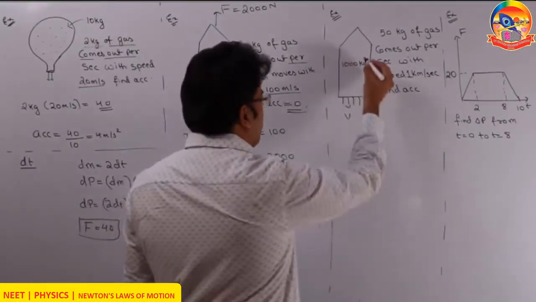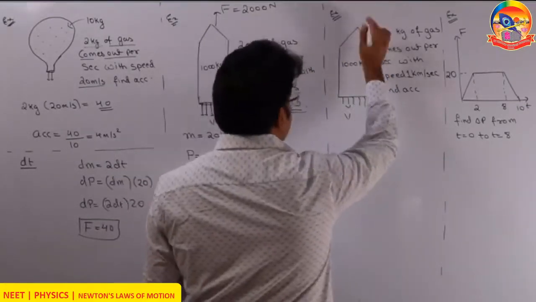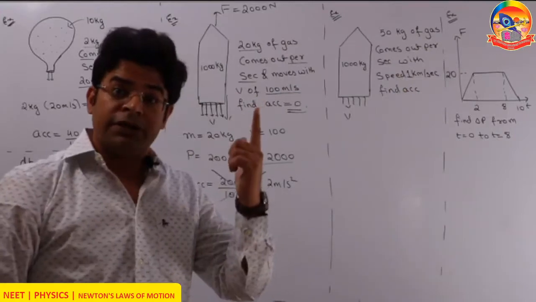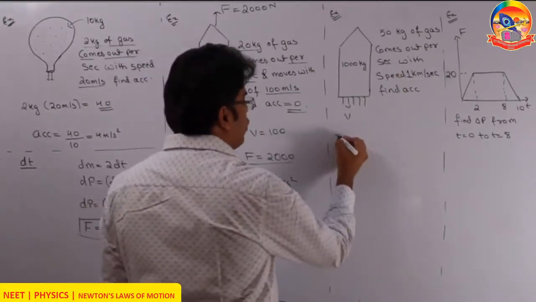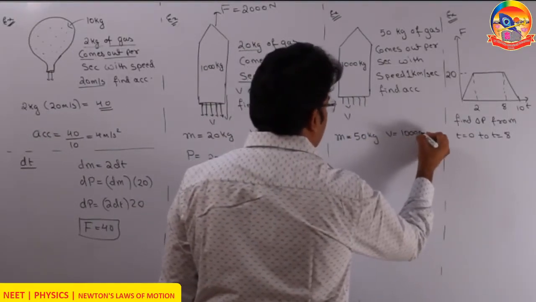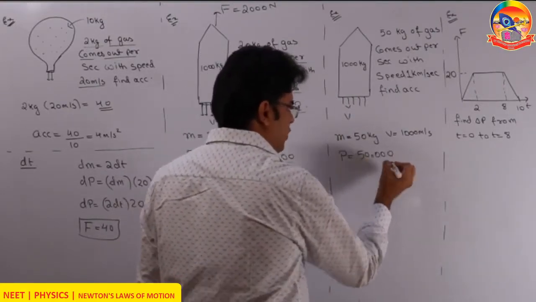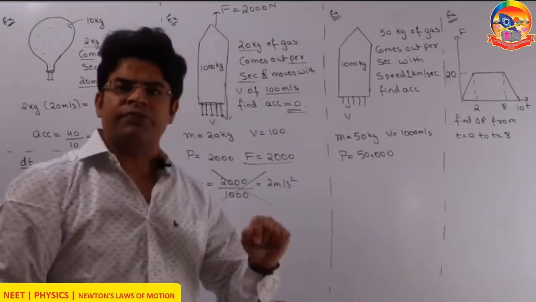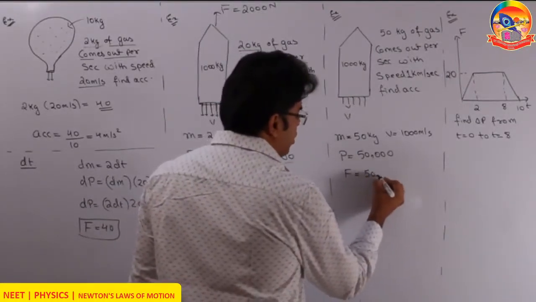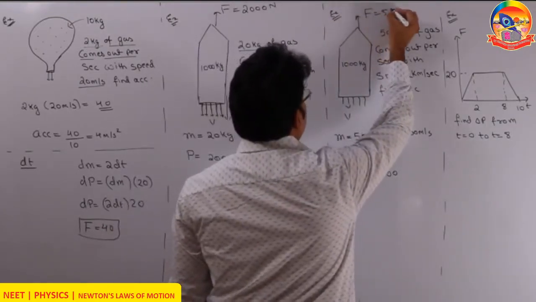Next example. Now again, let's say we have got a rocket of mass 1000 kg. This time also the rocket is on Earth. 50 kg of gas comes out per second with the speed of 1 kilometer per second. So the mass that comes out per second is 50 kg, and the speed with which it comes out is 1 kilometer per second, that is 1000 meter per second. So the momentum transferred to the gas is 50,000. This much of momentum is transferred per second. So this is the downward force on gas. So the magnitude of force on gas is 50,000. So the same amount of force is applied by gas on rocket. So the upward force is 50,000.